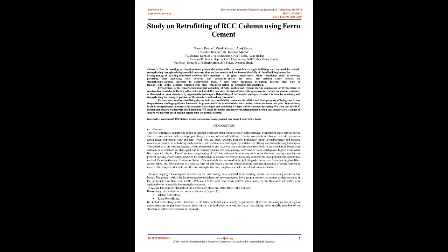Retrofitting is the process of increasing the seismic resistance of damaged or weak structures by appropriate techniques. Retrofitting of earthquake-damaged structures is done by repairing and strengthening the damaged portions of the structure and making it reusable. Ferrocement is used for retrofitting due to its easy availability, economy, durability, and its property of being cast to any shape without needing significant formwork. In the present work, square welded wire mesh, 1.16 mm diameter and grid 15 mm x 15 mm, is used in the specimens to increase the compressive strength, providing 2 to 3 layers of Ferrocement